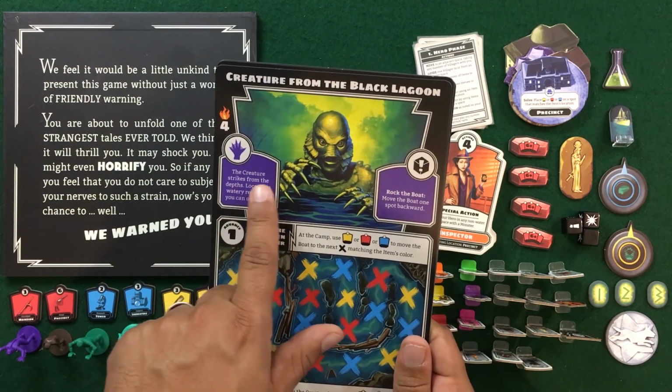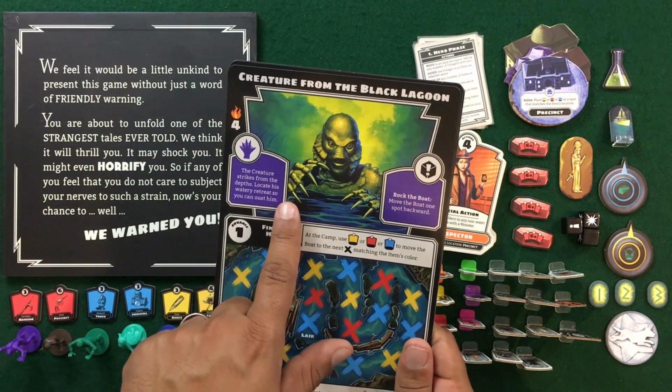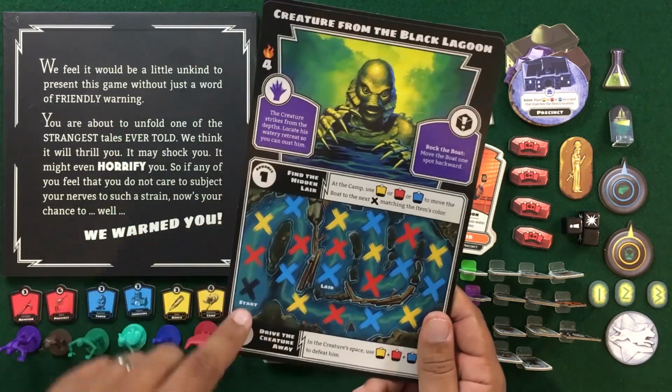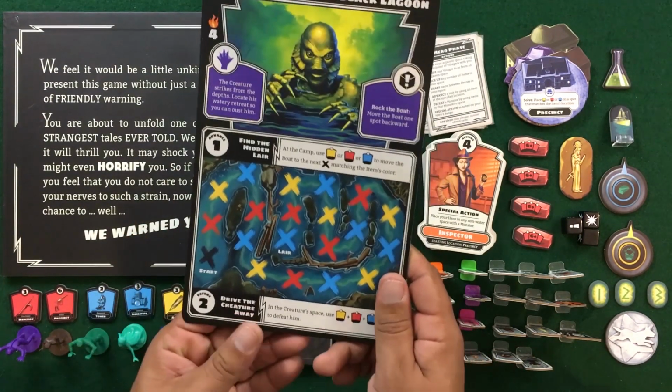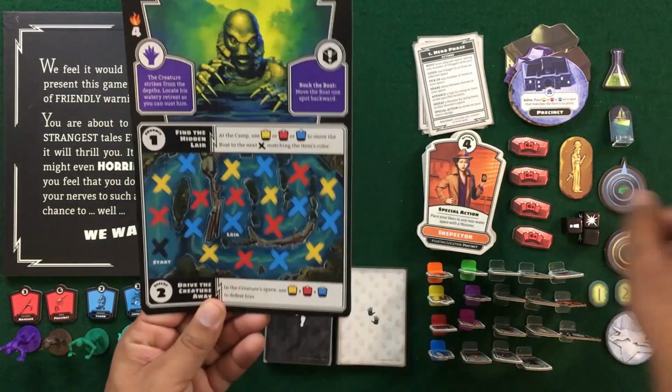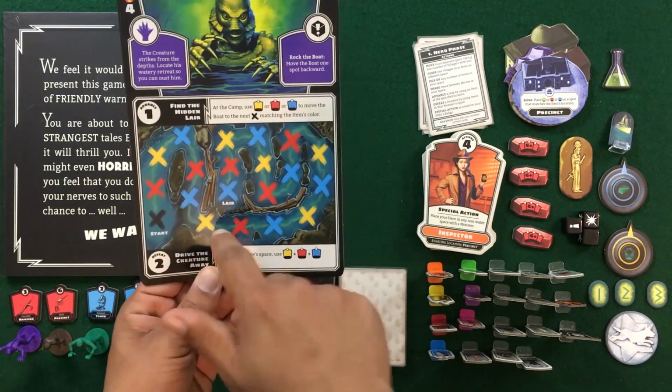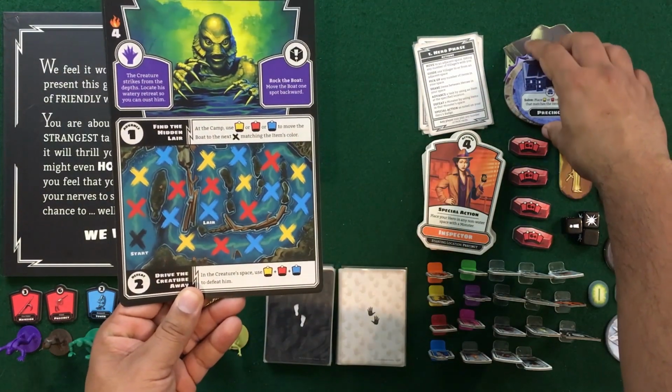So the creature strikes from the depths, locate his watery retreat, so you can oust him. Then you've got the objective, what you need to do. Each monster has tokens that go with them. So for example, you need the boat token, which is the tracker here, as well as the